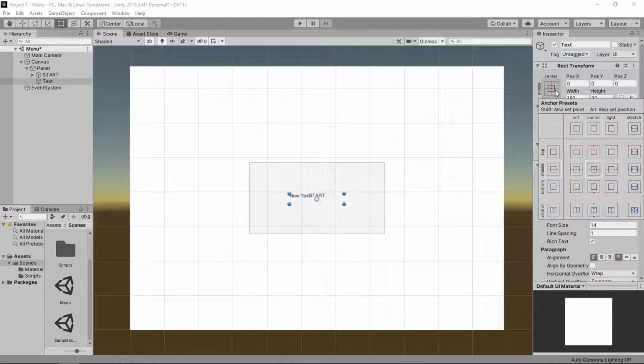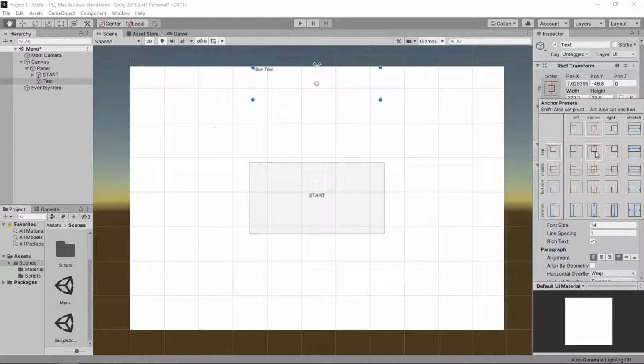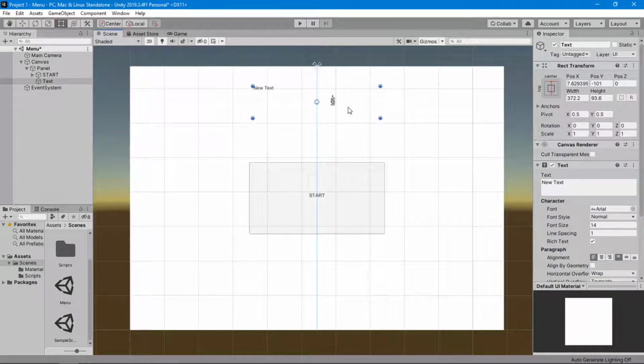So all we do is on the anchor, press Alt and move it to the top. You realize it's at the top now. You can click it and drag it down a bit, increase the size a bit, send it back to the top and drag it back down again. And in the text element, you can type the name of the game. Let's call it maybe